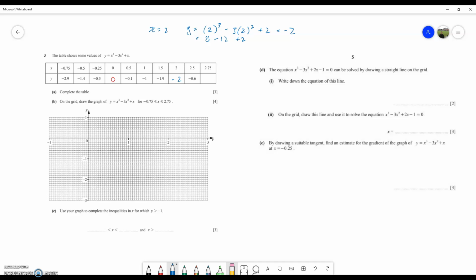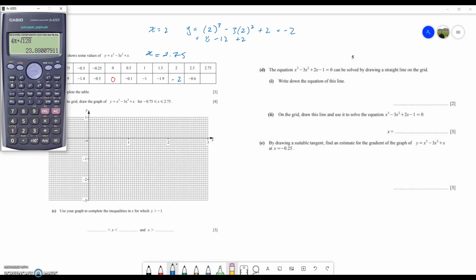Followed by y, x is equal to 2.75. So at this point, it's probably worth bringing our calculator in. And one of the tricks of using the calculator is that we can type in 2.75, hit equals. Then we can go answer to the power of 3 minus